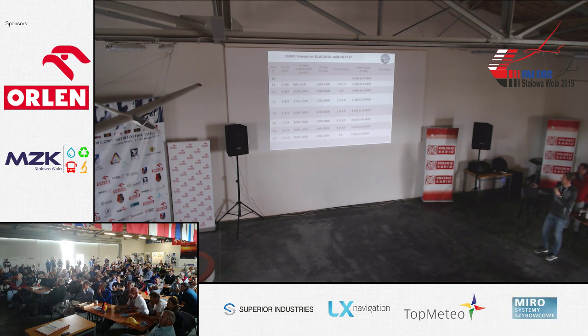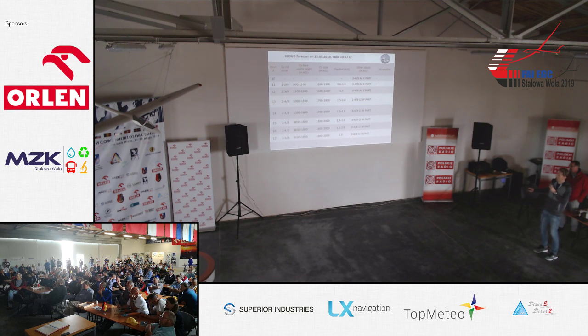At the beginning, quite a big area of altocumulus clouds in the eastern part of Poland, slowly dissolving, and from 11, few to scattered cumulus clouds, generally during the day, scattered cumulus clouds. At the beginning, cloud base approximately 1,000, 1,200, and 1,300 meters. During the day, I think it should be maximum